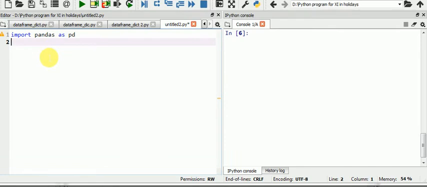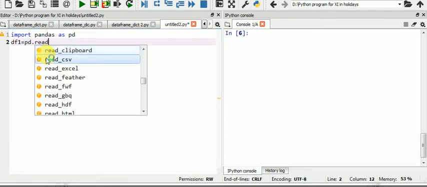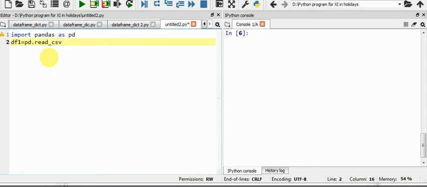Now I am defining a data frame object, df1 is equal to pd dot read_csv. Now the path where my file is saved. My file is saved on the C drive, colon, slash, and my file name is student.csv.